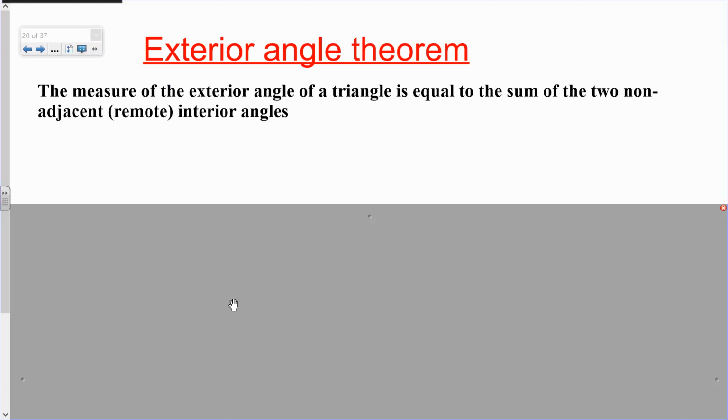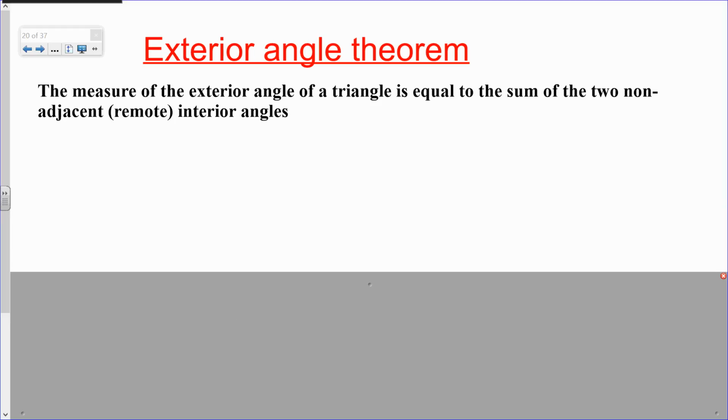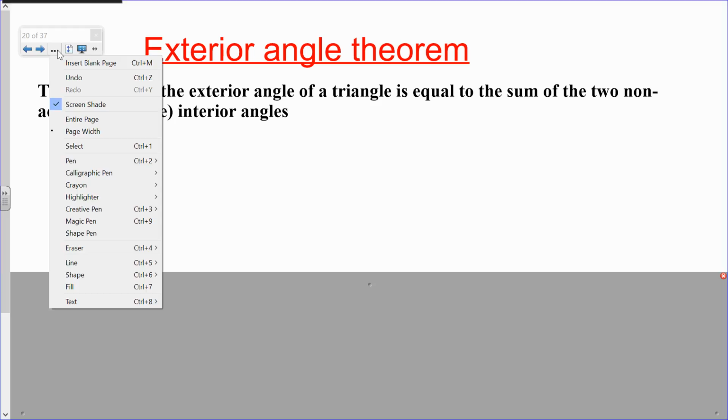The last theorem says the measure of the exterior angle of a triangle is equal to the sum of the two adjacent remote interior angles. Huh? What the heck does that mean? We'll just write it down and we're going to talk about what that means. The last one. The sum, the measure of the exterior angle is equal to